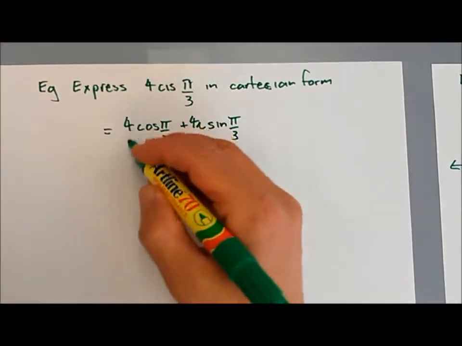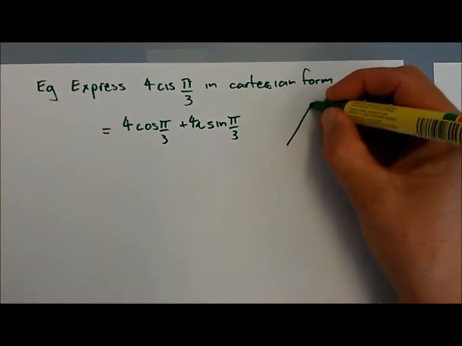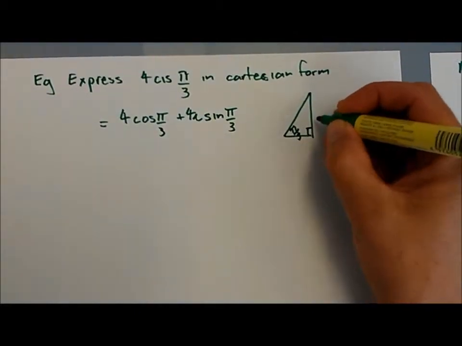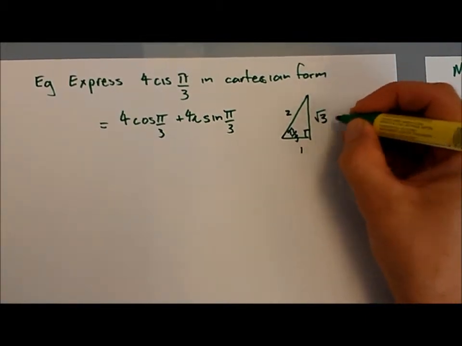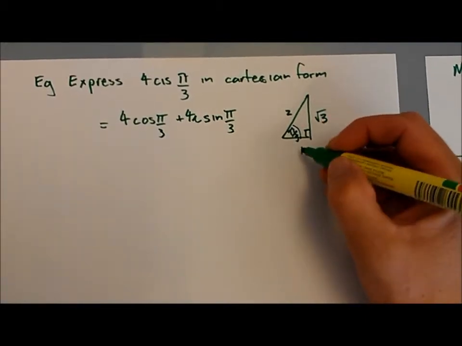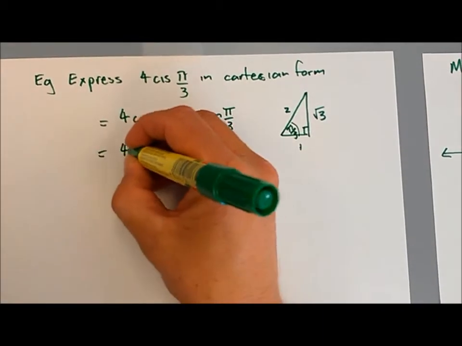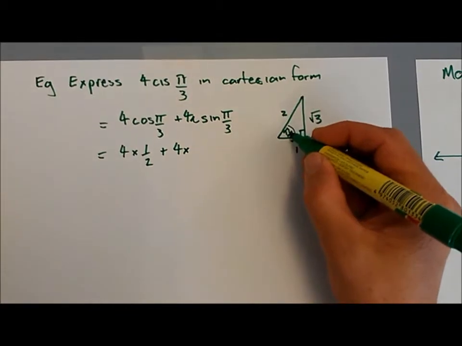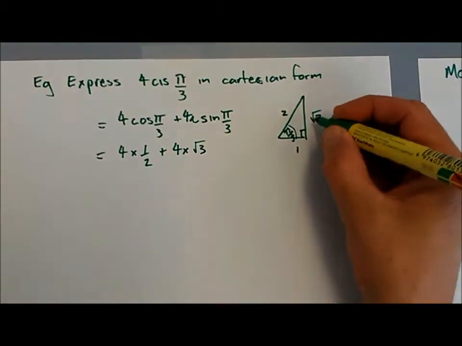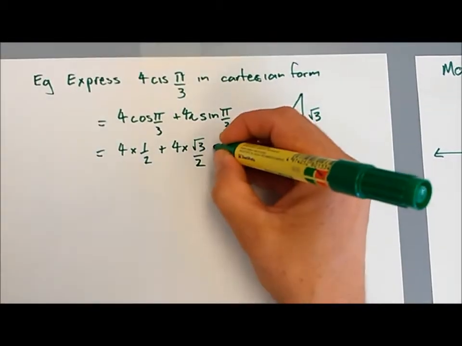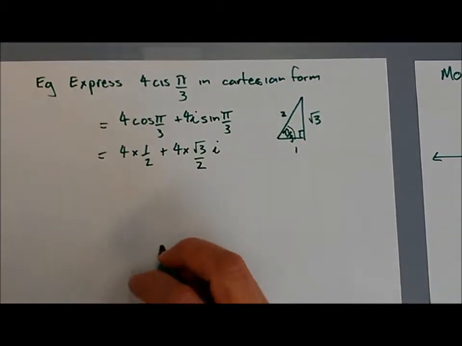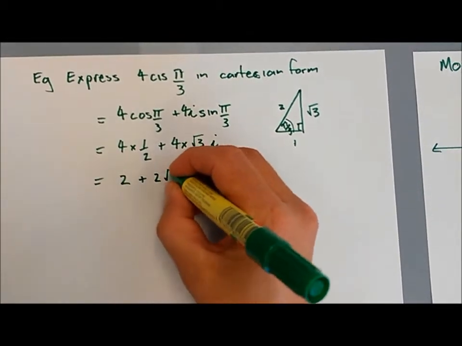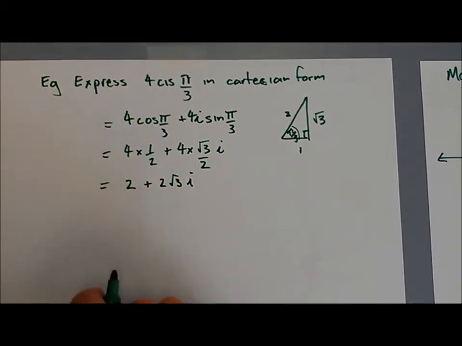And then I just want to use my exact values in the triangles here. So pi on 3 means 60 degrees. So that's down here, pi on 3. My triangle is 2, 1 and root 3. And I can see that the cos of pi on 3 is a half. So I've got 4 times 1 half plus 4 times, now sine of pi on 3 is root 3 opposite over hypotenuse 2. And there's an i in there as well. So 4 times a half is 2. This will give me 2 root 3 i. And that's it in Cartesian